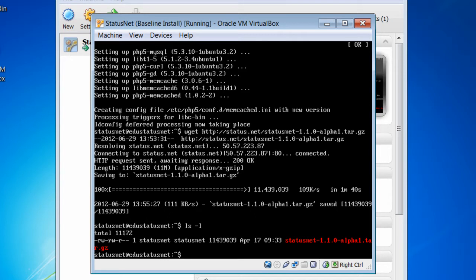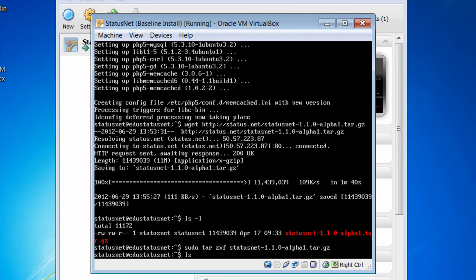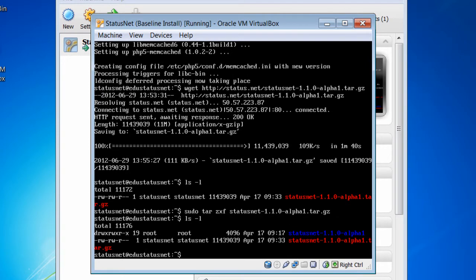To unpack this tar.gz file, I'll type the sudo command and the tar program, which will unzip this tar file. We'll use the z, x, and f options. Then we'll type in the file name. Again, you can use tab to autocomplete the file. That saves you a few typing strokes. Hit enter. Now when I type ls -l, you'll notice not only do I have the tar.gz file, but I now have a StatusNet